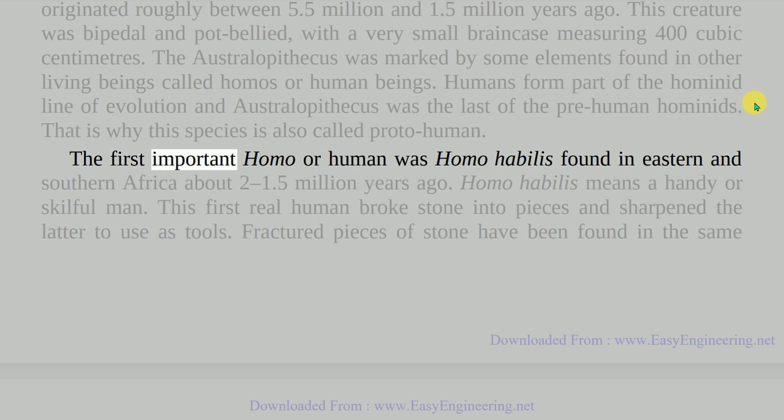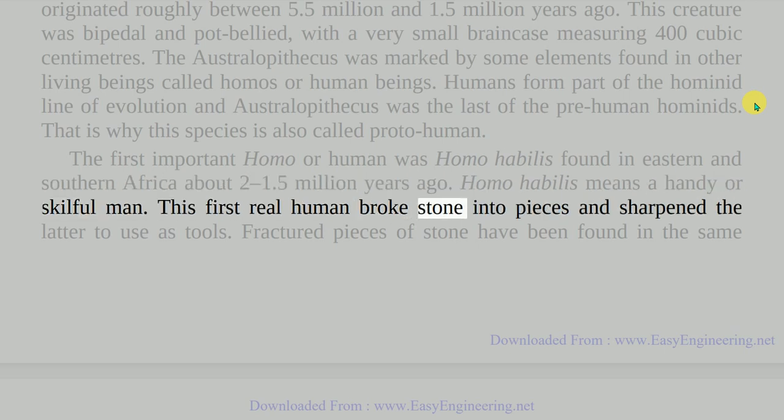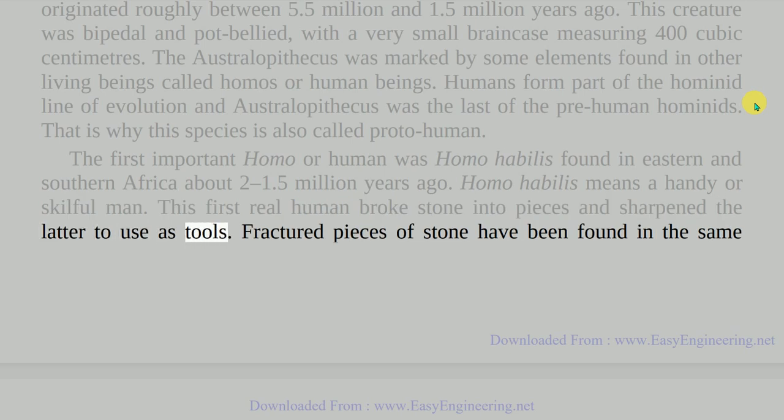The first important Homo or human was Homo habilis, found in eastern and southern Africa about 1.5 million years ago. Homo habilis means a handy or skillful man. This first real human broke stone into pieces and sharpened the latter to use as tools. Fractured pieces of stone have been found in the same